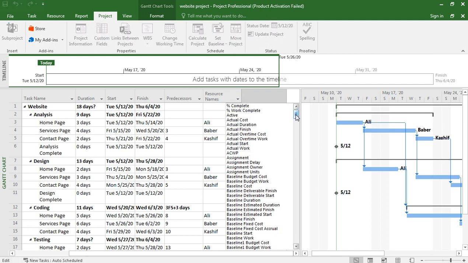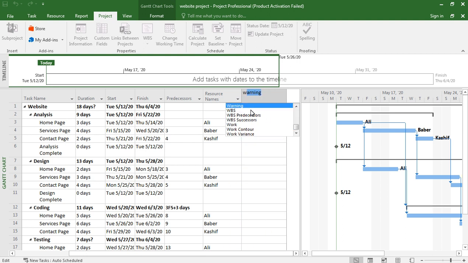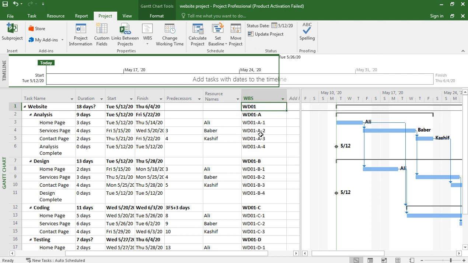We should have a number, and then a two-digit number, right? And an uppercase letter after the number. We have WD, a two-digit number, and an uppercase letter. So we should use this.